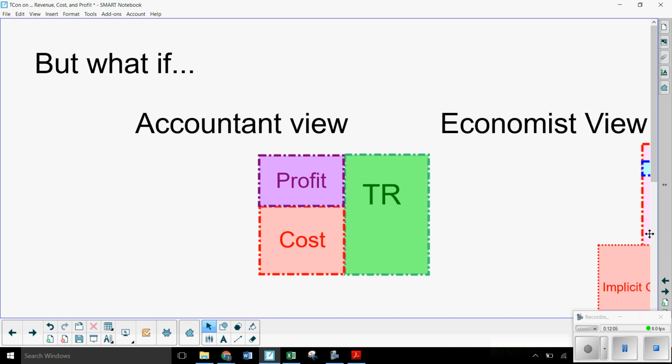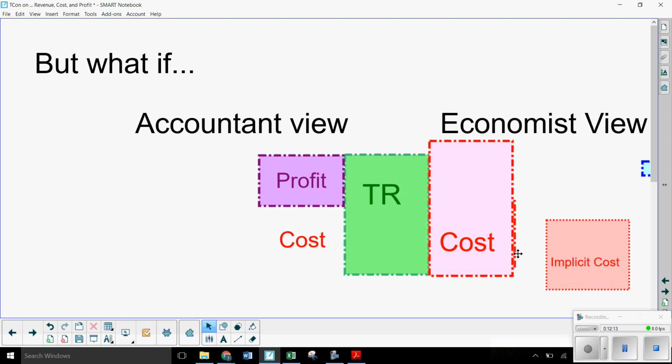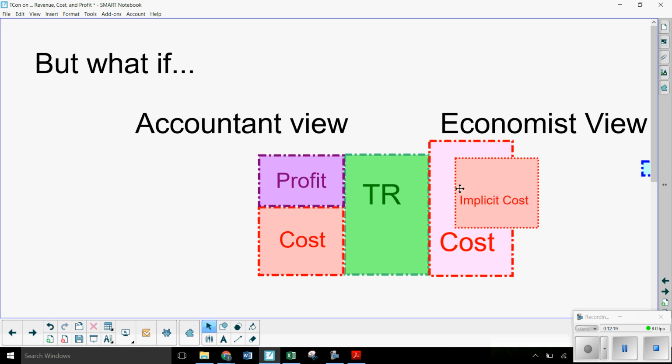Here is our economic cost box. Boom. Well, you'll notice it's bigger. Why is that? Well, it can't be because of accounting costs, right? Those are still the same size. And what must it be? Well, maybe